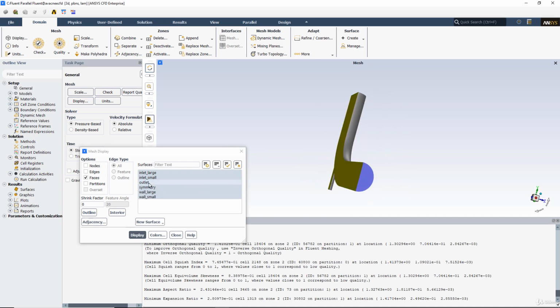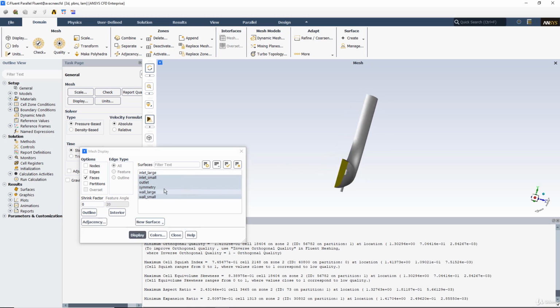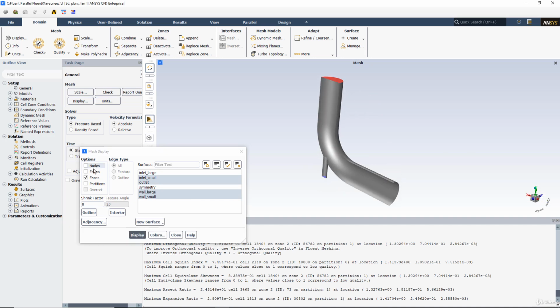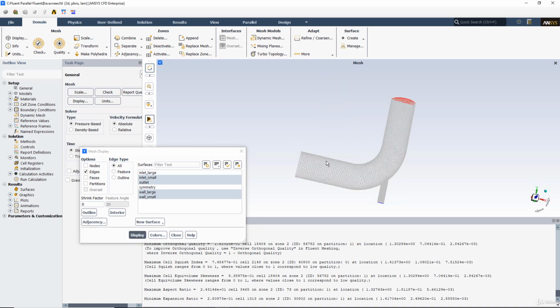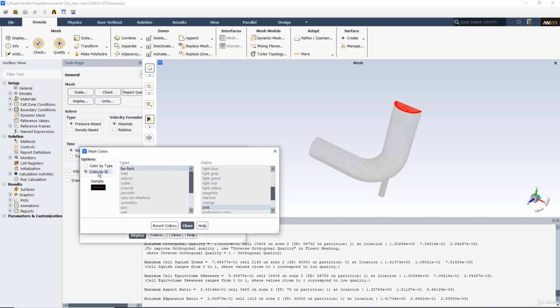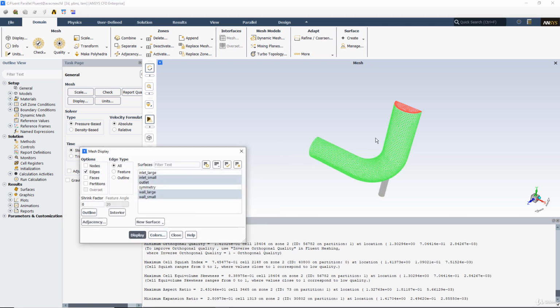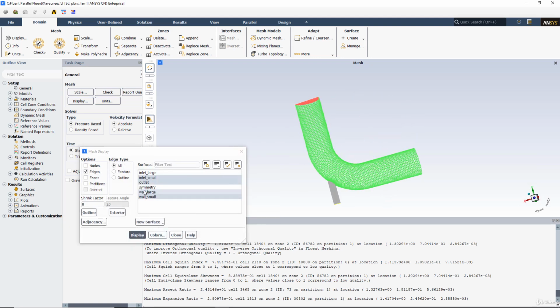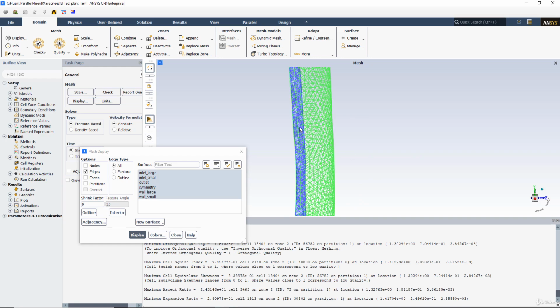And if you want to hide some faces, for example the inlet, or you want to hide the symmetry plane, this can be done. And if you want to only display the edges or the nodes here, you can also change the color to, let's say, color by ID, and this will give you different colors for the different geometry parts. Let's say I display all the parts here,